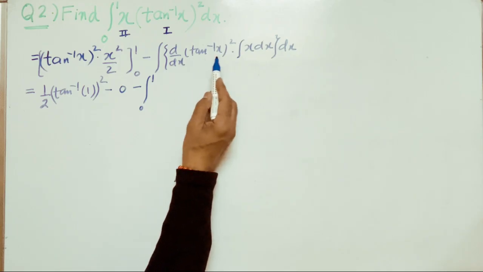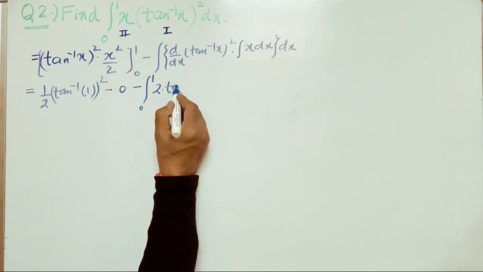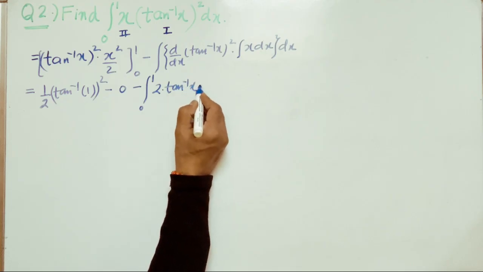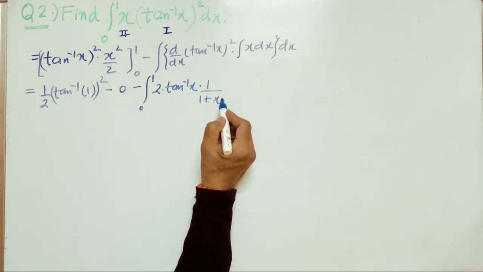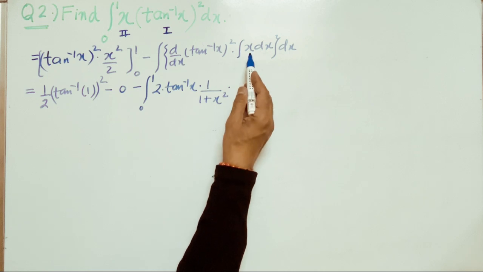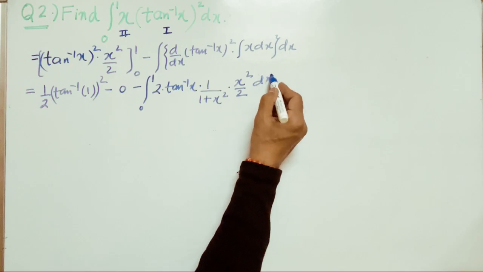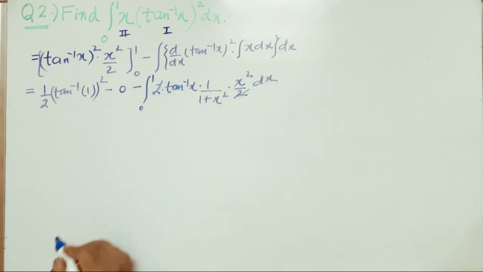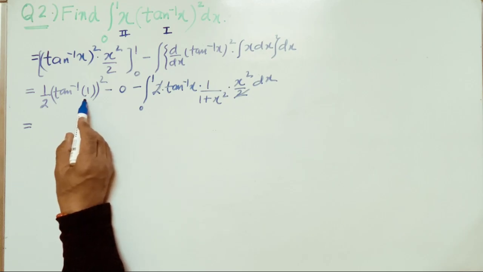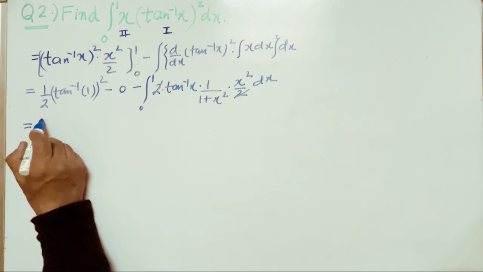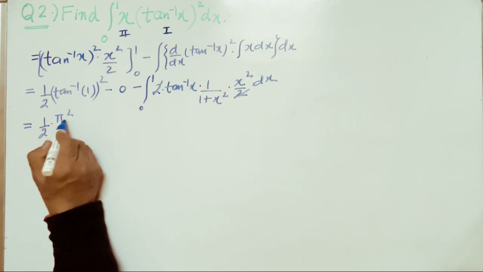Now we'll differentiate (tan inverse x) whole square. So it will become 2 times tan inverse x into, and the derivative of tan inverse x is 1 over 1 plus x square, into integral of x, so it will be x square over 2 dx. So this 2 and 2 will get cancelled. Now if you simplify here, it is tan inverse 1. Tan inverse 1 is pi by 4. So 1 by 2 into the square of pi by 4 will be pi square upon 16,